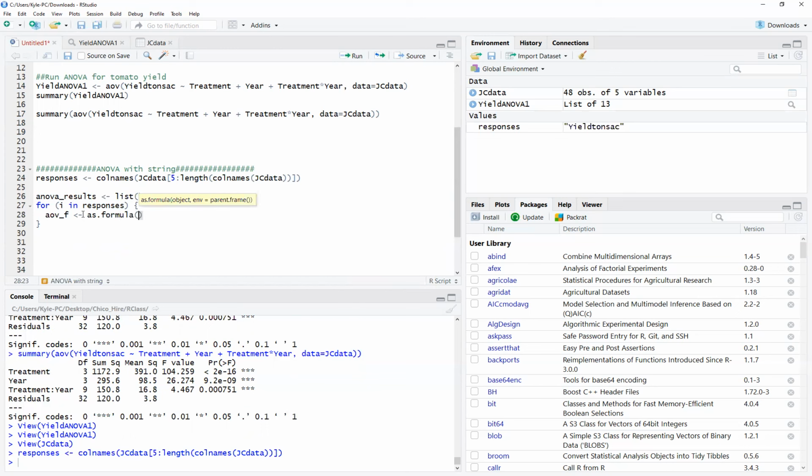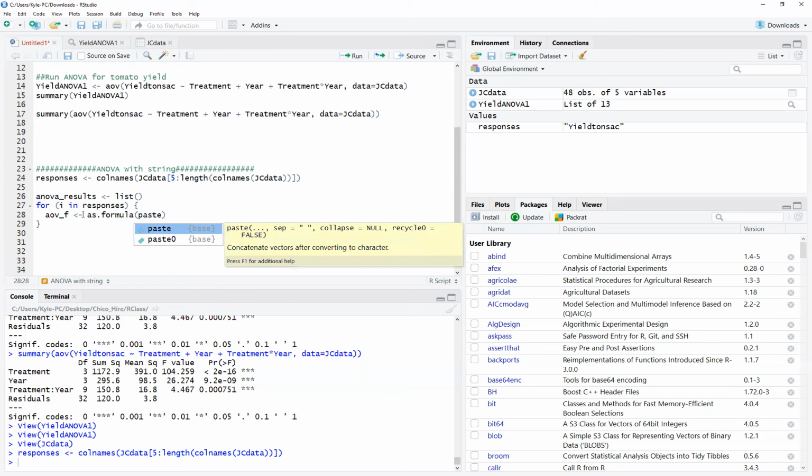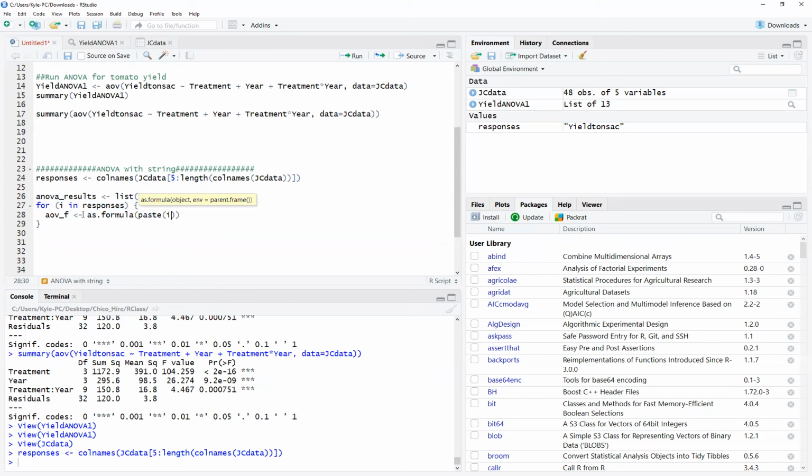So it's just setting up a formula. Paste. Paste is a base R item. Again, it's just pasting through i, right? i in responses. Setting up that string